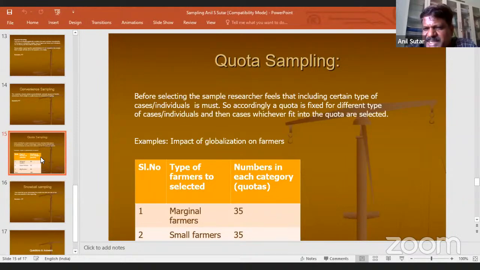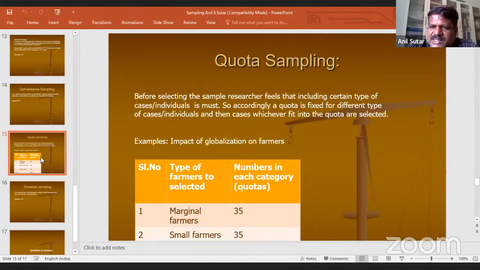So in quota sampling, you can say that your purpose of research is to study the impact of consumerism on households in Mumbai. And households in Mumbai, they are quite diverse. In order to capture that diversity, to give representativeness to all the households, I am dividing households into three groups: high income group households, middle income households, and low income households. Then from each group, I am selecting, suppose 100 households, 300 is going to be my sample. You are getting my point. This is the quota sample.